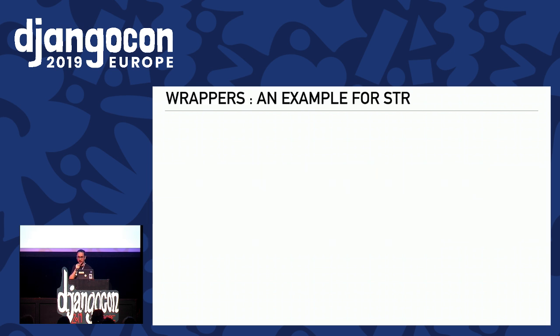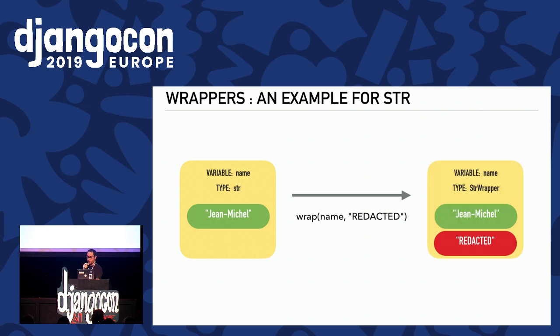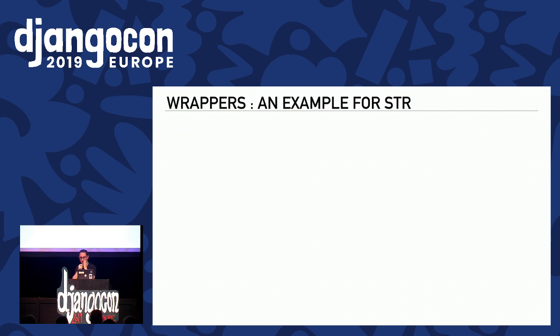The solution we came to was, for instance, an example with strings. I have a variable that is a name, it's a string, the value is Jean-Michel, it's very French. What we do is we wrap it, we give it an alternative value, and it turns into a different object that has an original value, Jean-Michel, and an alternative value which is redacted. Then we wrap the callables. For instance, if I want to print the name,